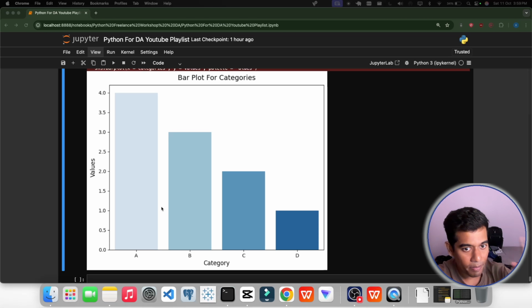And Seaborn's palettes are predefined color schemes like Blues, Greens, or deep, that ensure your plot looks professional and also looks good during meetings or presentation sessions in your corporate field or during your freelance client meetings, right? And we have also set figure size equal to 8,6. So added a title as well. You can see bar plot for categories, added a title as well. Label the axis. We have labeled the axis, and when we ran it, we can see a sleek bar plot in front of you.